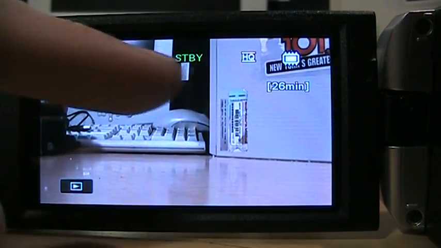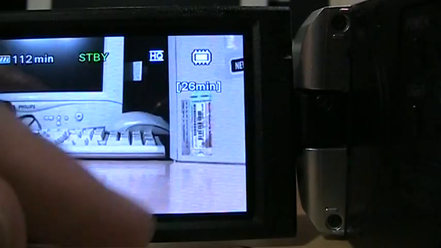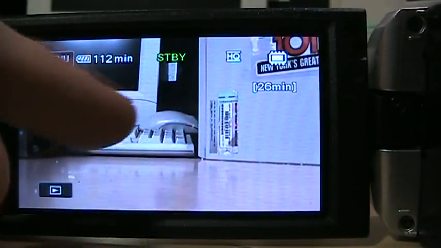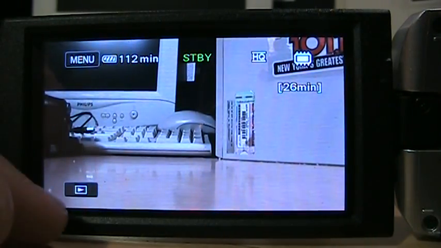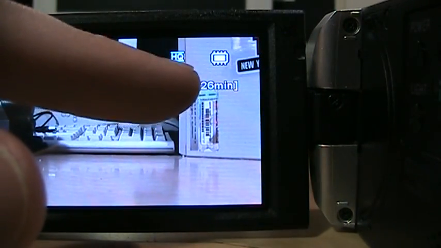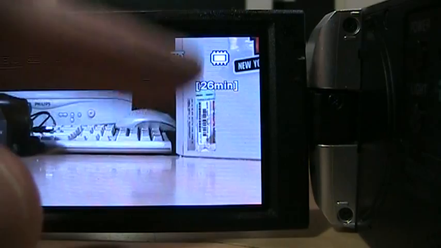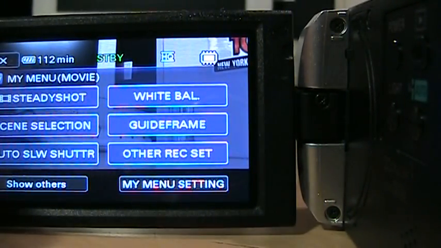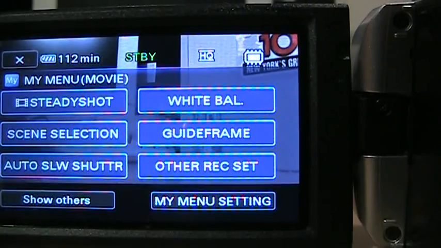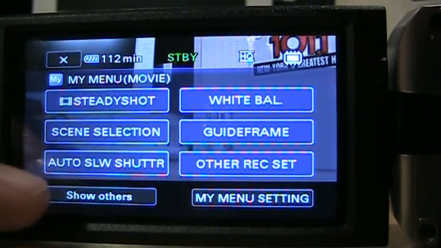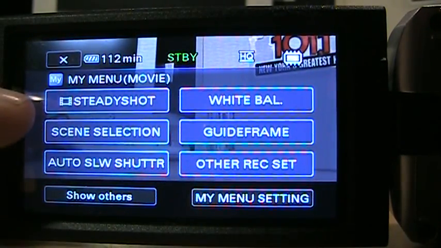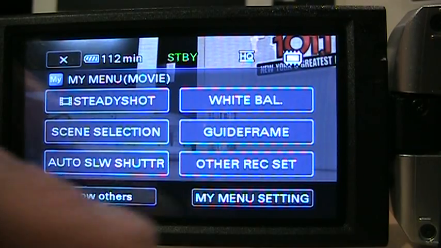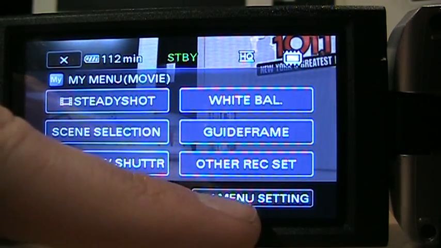And then that gives you these indications here on the screen, like the remaining recording time, the remaining battery life, your quality setting, HQ for high quality, and so forth. Now, when you first enter the menu, you get these presets, and you can change these, because I've customized all these. And the way you do that is you hit My Menu Setting,